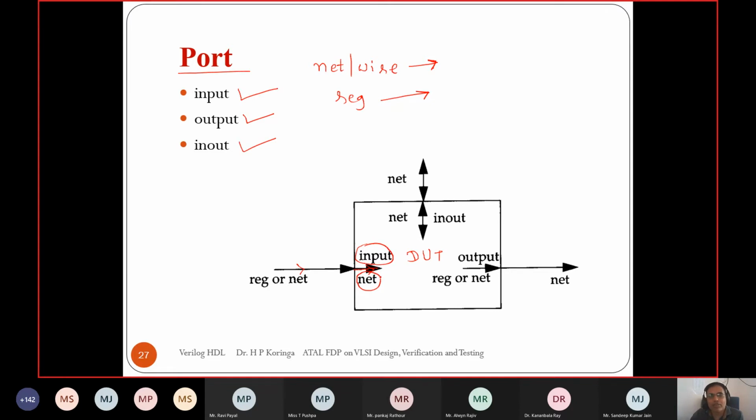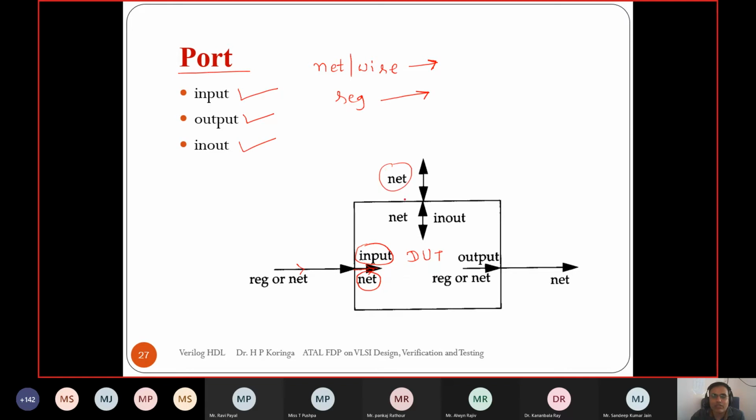So we have to keep the input as a net type, otherwise it will not take the instant change. Whatever the instant change in the external signal, it cannot reflect inside the DUT. So the input port inside the DUT is always a net type.